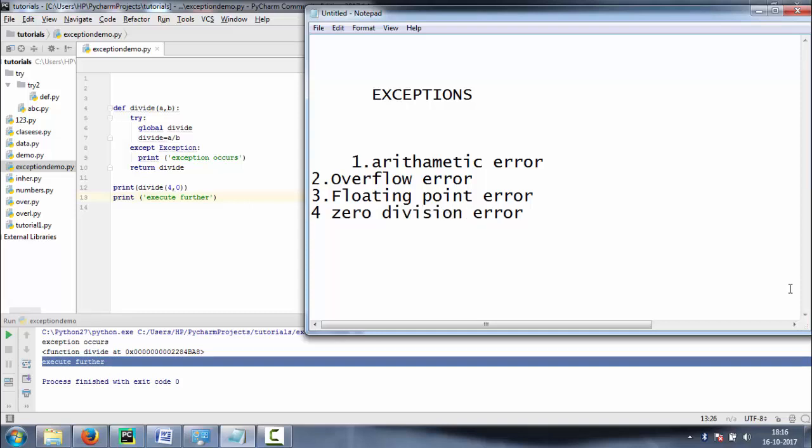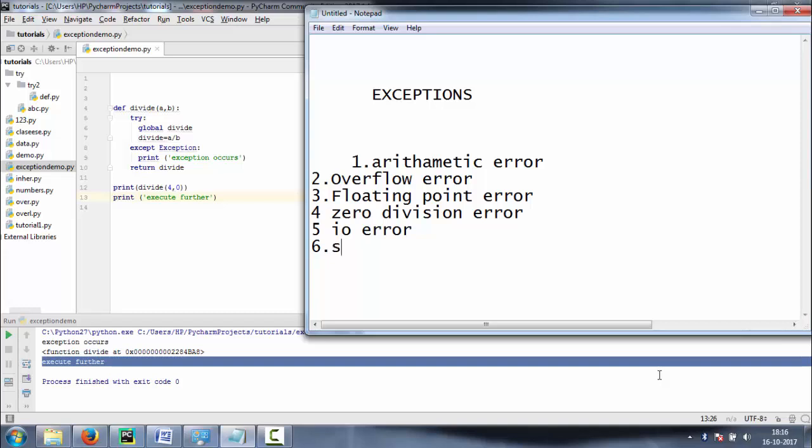Then input output error, IO error. This error occurs when there is a problem in user input. For example, in zero division error, we are taking the input from the user, and the user gives us the denominator as 0. Then it will raise an exception. This is input output error.